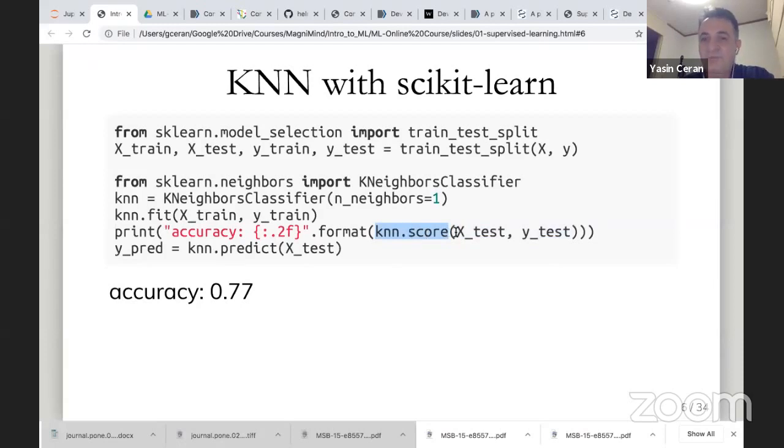when you say .score, you need two inputs to the function. One is your X test, which is the feature set for your test data set. And the other one is the true target variables for this test data set. Why are we including Y test here, but when we are predicting, we don't include Y test? When we predict, we don't need Y test. We are predicting Y test, actually. But when we are calculating the score for our model, we are including Y test, because that score is